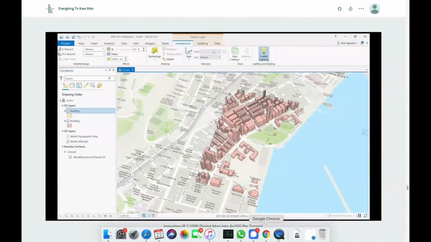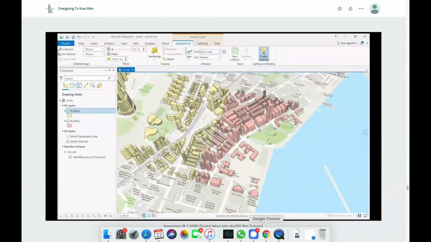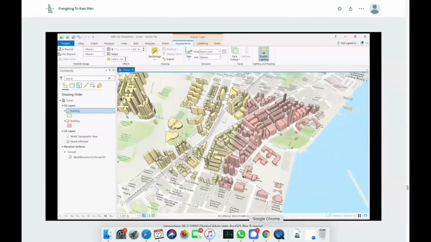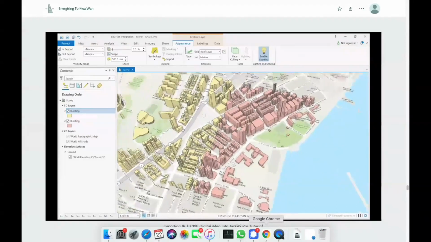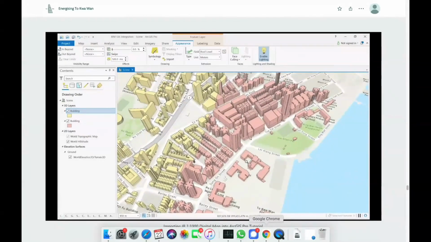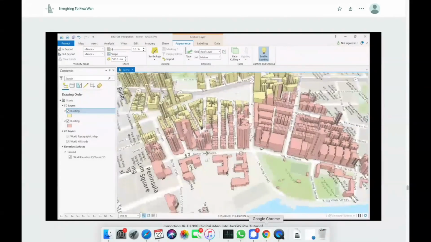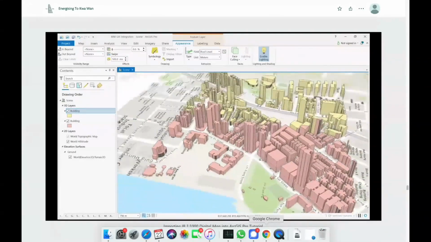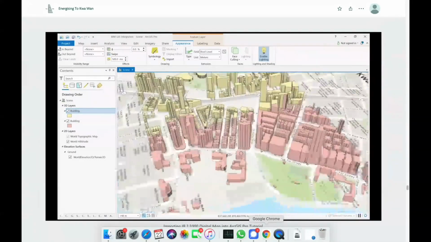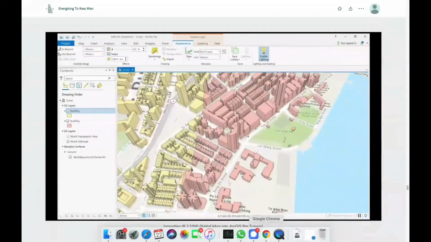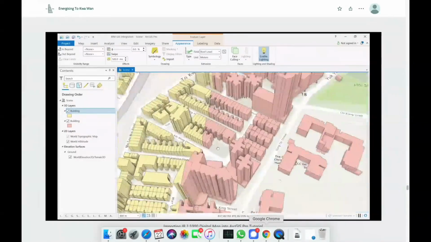As you can see, in just a few seconds the 3D models will be generated. And this is how you can do 3D modeling of the building blocks surrounding your site. After doing so, we can move on to the next step, which is to import the building into ArcGIS Pro.